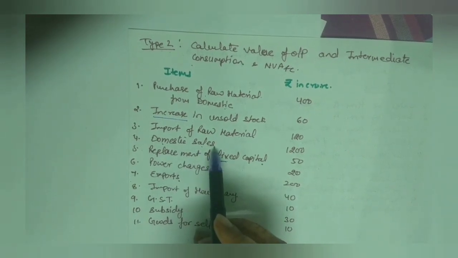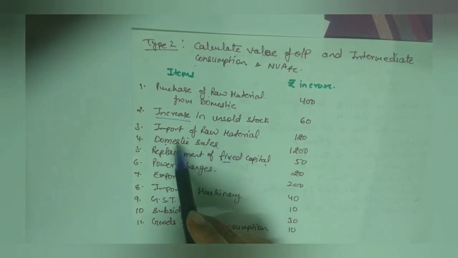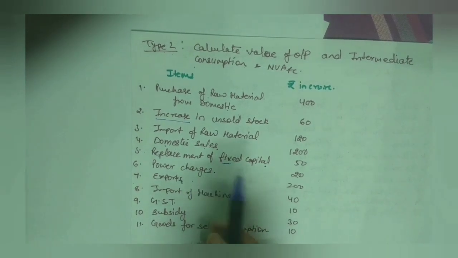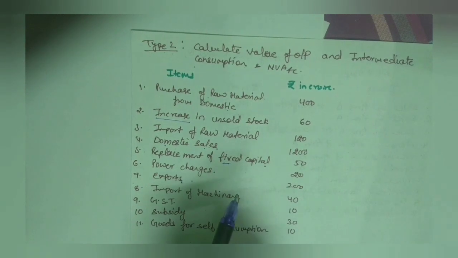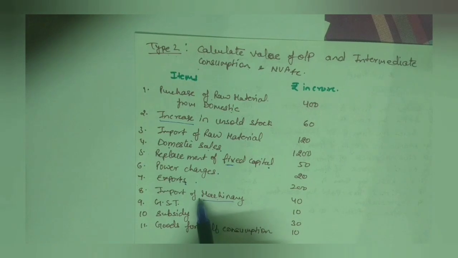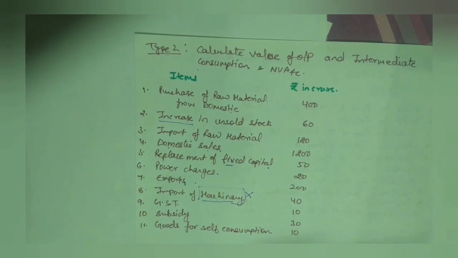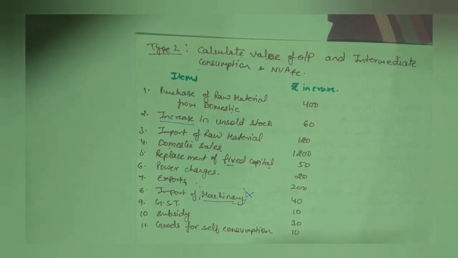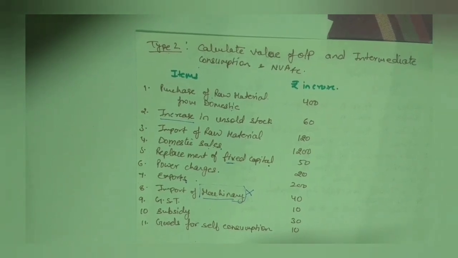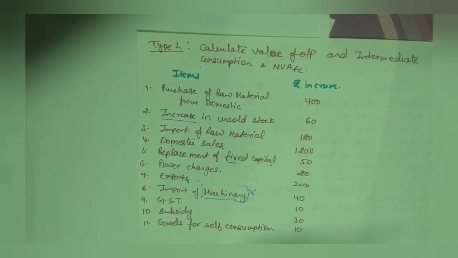Like I told you in my previous videos how value added method is used to calculate national income. When domestic sales is given, we have to add exports plus change in stock, then only we get the total sale of the firm. Next is import of machinery. Machinery will never be taken as any kind of intermediate consumption. Why? Because we know machinery is a capital good and it is used for production of goods again and again. The use of machinery is not for one time. It will increase the production for the future as well.